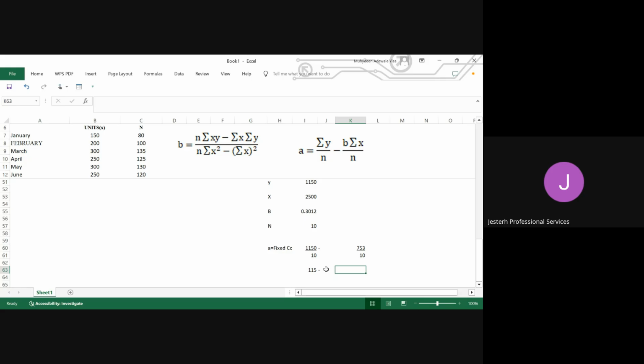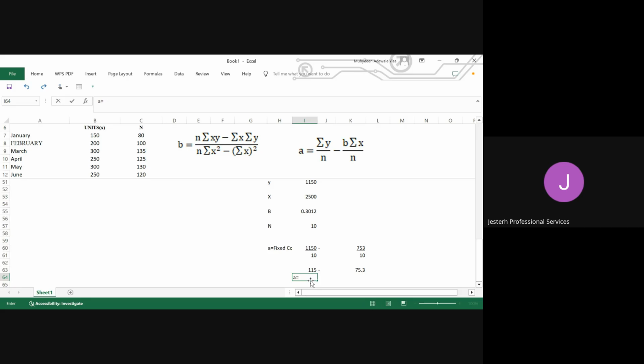Now it gives us 75.30. Now what are we going to do? We say 115 minus 75.3. Now our A, which is the fixed cost,